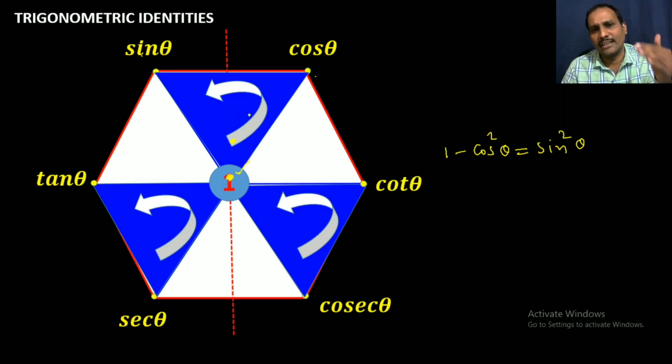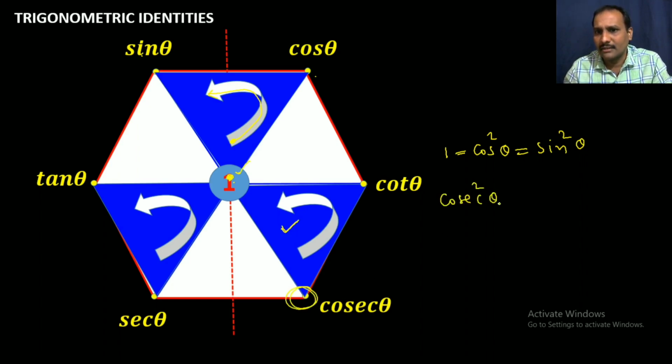So when we have taken the clockwise direction, we have started from the top left corner. But now we have to start from the bottom of the triangle. We have to follow the arrow, like it is starting from 1 and ending at sin. So 1 minus cos square theta is equal to sin square theta. When we are taking in the anti-clockwise direction, we have to subtract them. Now let us take the second triangle. So we have to start from here. That is cosecant square theta. So we are taking the anti-clockwise direction. So minus cot square theta is equal to 1.